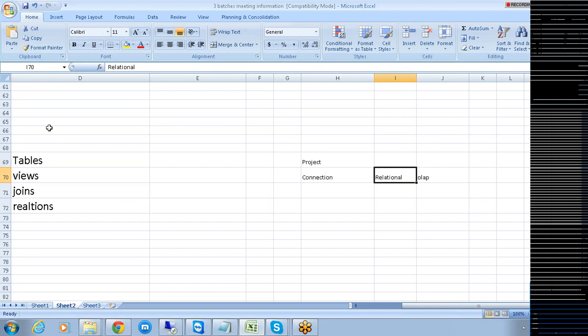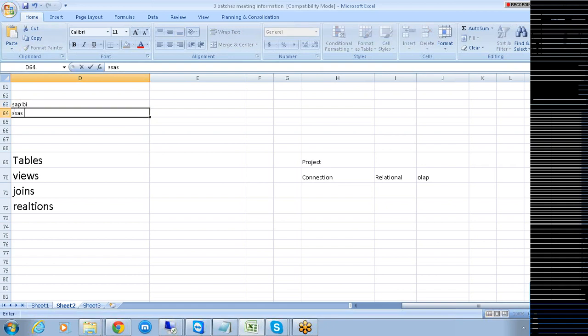But if you are connecting to an SAP BW system, Business Objects also has the capability of connecting to any MOLAP system where your cube information is present. That might be your SAP BW system, or else it might be your SSAS.